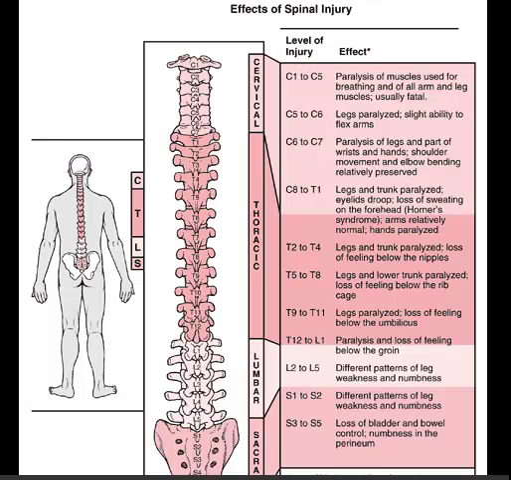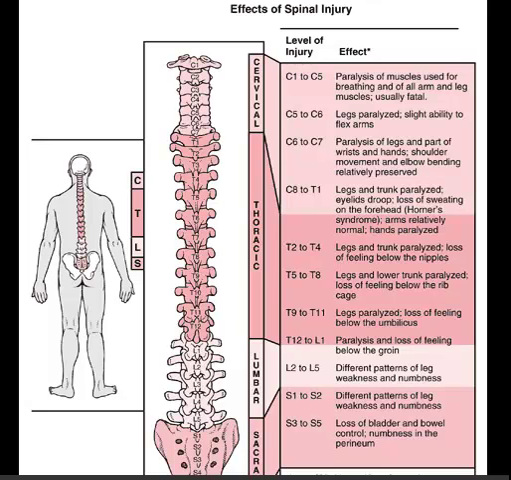C8 to T1, the legs and trunk are paralyzed, the eyelids will droop, and there is loss of sweating on the forehead, which is also called Horner's syndrome. Arms relatively normal, hands are paralyzed. It kind of synopsizes the different areas and what the effects are going to be below the area of injury. So I do not want you to memorize this. I just want you to have an overall